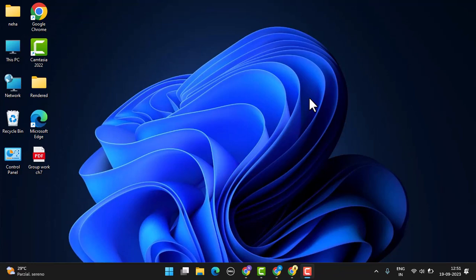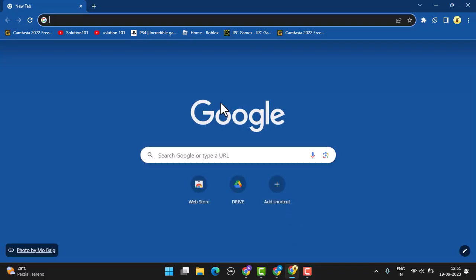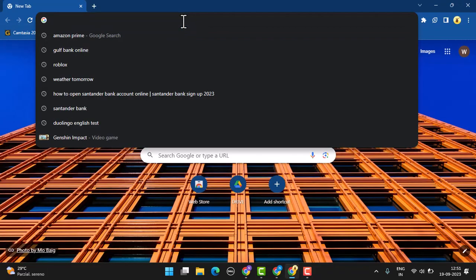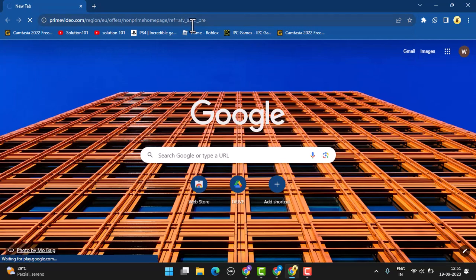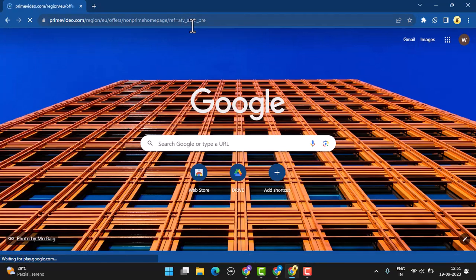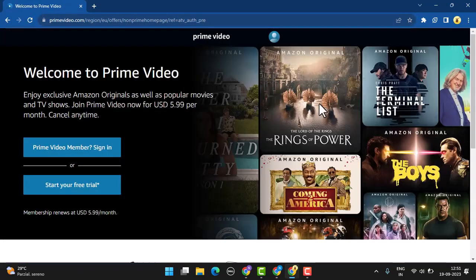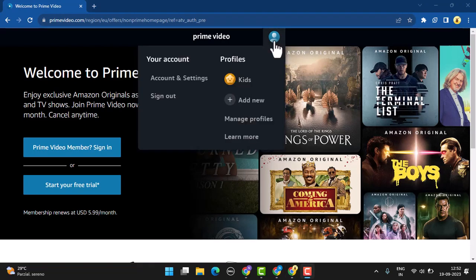So in order to buy Amazon Prime membership, you'll need to open up a web browser and in the web address bar type in amazonprimevideo.com. Now this will direct you to the official page, and over here as you can see that I'm already logged in. In order to buy a Prime Video membership, you need to tap on the profile icon located right on